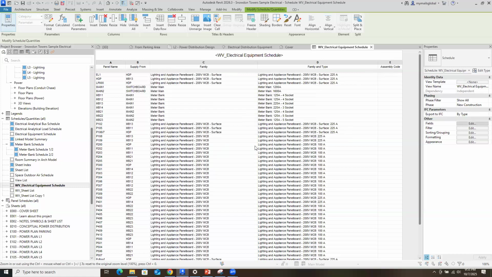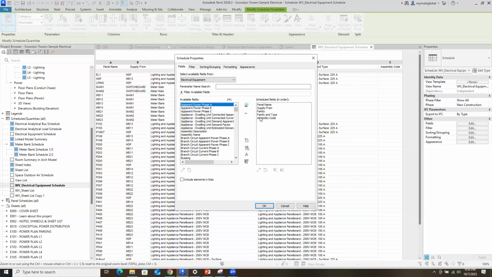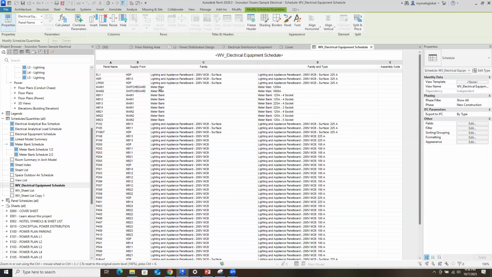Like that, if you want to remove something, that also you can remove. Let's say I want to remove the panel name, or let's say supply from. When I do that, then it will remove the supply from. So like that,